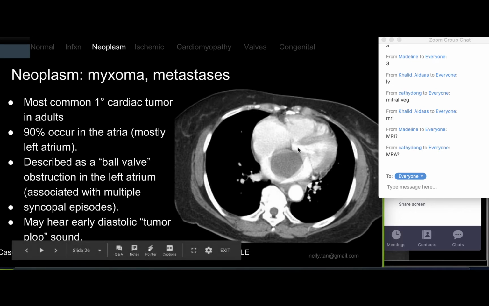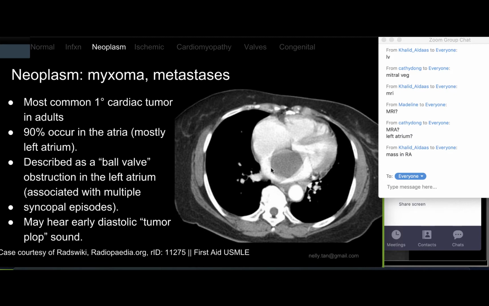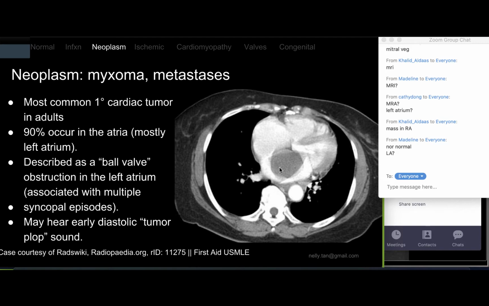Neoplasm. So this is a CT, and what do we see? And in what chamber is the abnormality? Is this normal, left atrium, right atrium? Okay, so is this left atrium or right? So the pulmonary veins drain into which atrium? The left, right? So this is the mass in the region of the left atrium by the interatrial